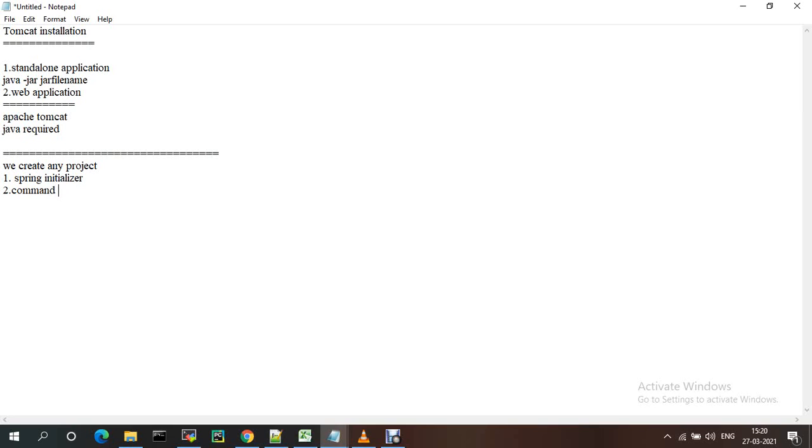And the third way is using an IDE, where you can create a Maven project using the build tool Maven.